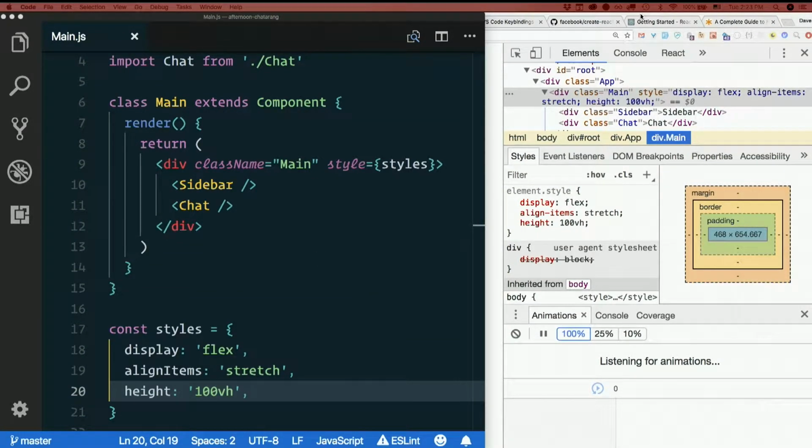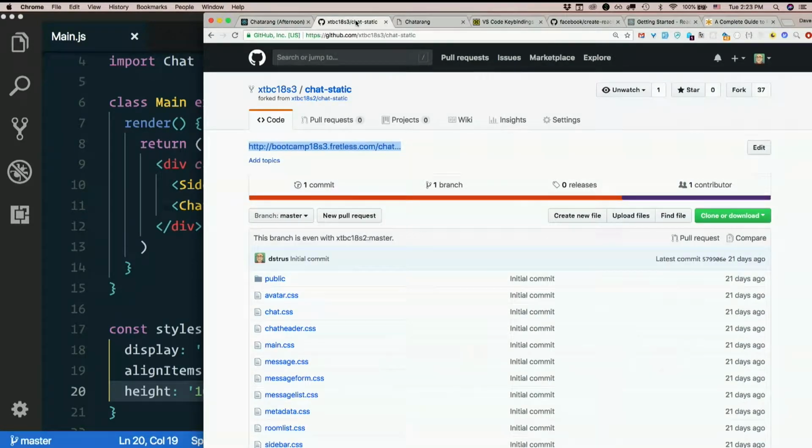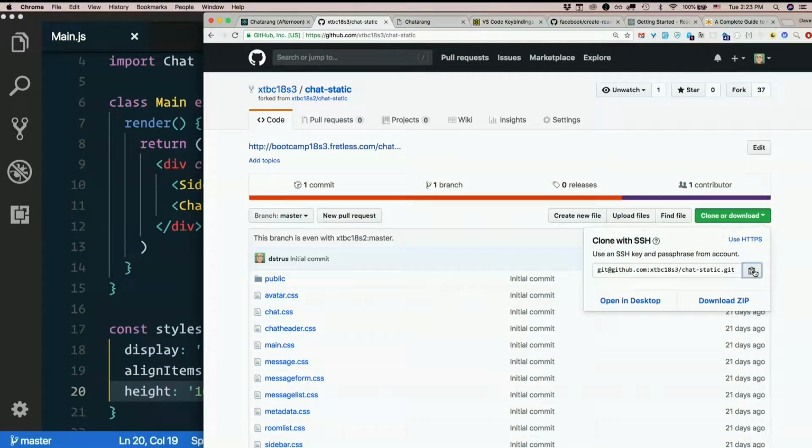So now's a good time to go ahead and fork the chat static project. If you missed that, here is a link directly to it in Slack. So find this project, make your own fork of it, and then clone it on your machine. After you've forked it and have it under your username on GitHub, just go to clone or download,